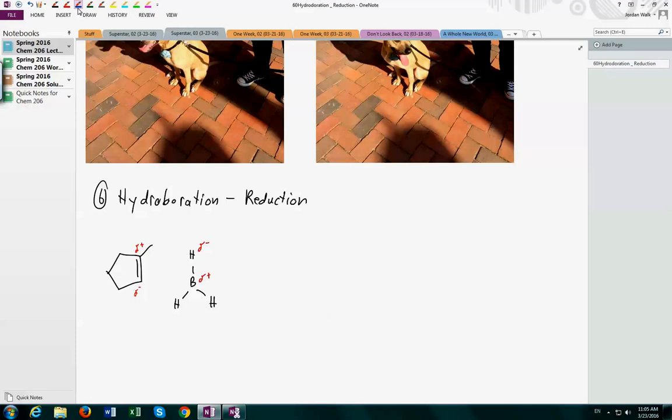How do we start every mechanism? Arrow from the electrons, and specifically an arrow from the electrons of the pi bond. And so which do you think we're going to attack with that arrow? Is it going to be the hydrogen or the boron? It's going to be the boron, right? Because electrons are going to be more attracted to an atom with a partial positive charge, and so we show